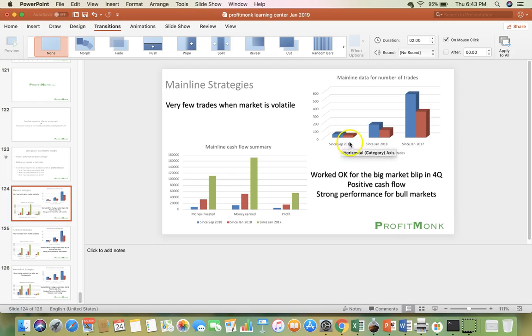But let's look at this data, because this is the most interesting. How did this cash flow pan out? And that is